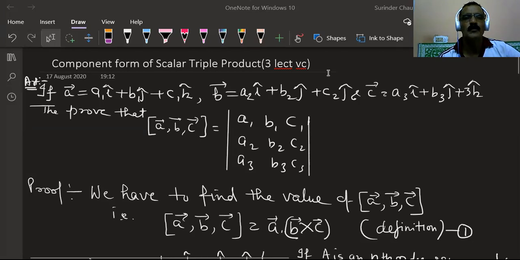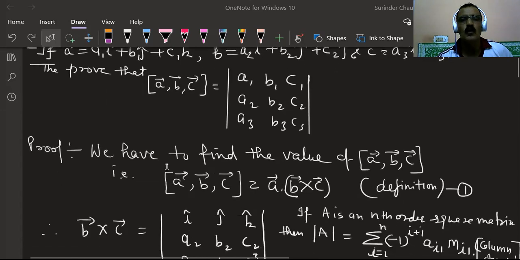For that, the first article, that is, if A vector has three components A1, B1, C1, and B vector has three components A2, B2, C2, and C vector has three components A3, B3, C3, then we prove that scalar triple product of ABC is equal to the determinant of components of first vector in first row, components of second vector in second row, and components of third vector in third row. Proof of this is,